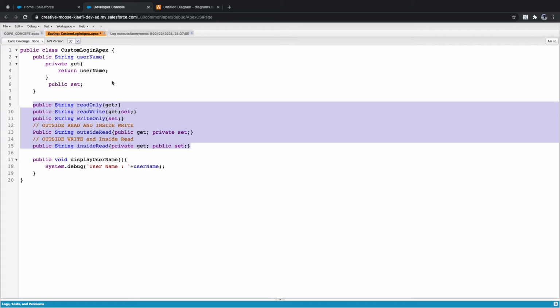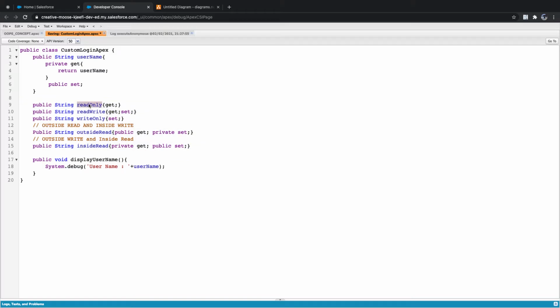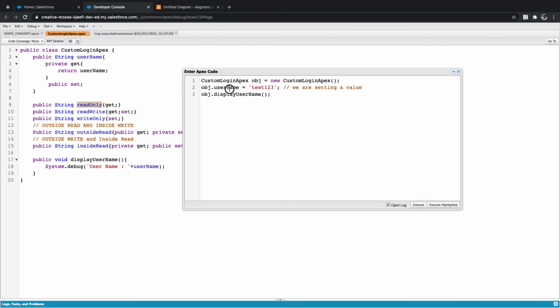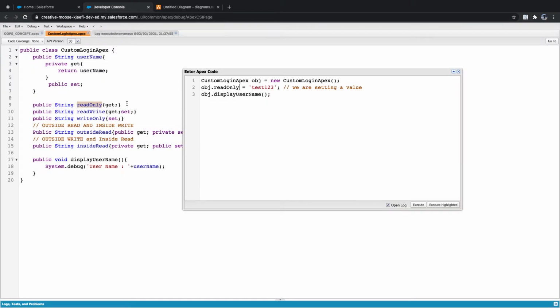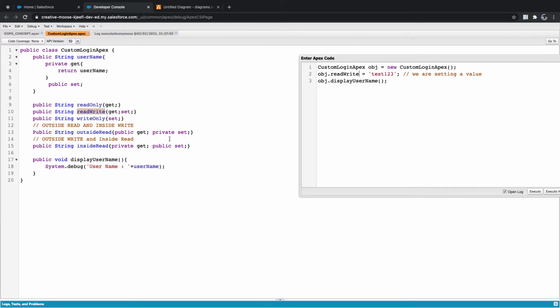Let's say if I try to access this value, I'll get an error saying it is read only. I mean, it's not exposed, but this can be able to read a value, isn't it? If I want to write, this is exposed because this is both public get and public set. Write only means I can write a data, but I can't read a data. Any question on this? Clear, right?